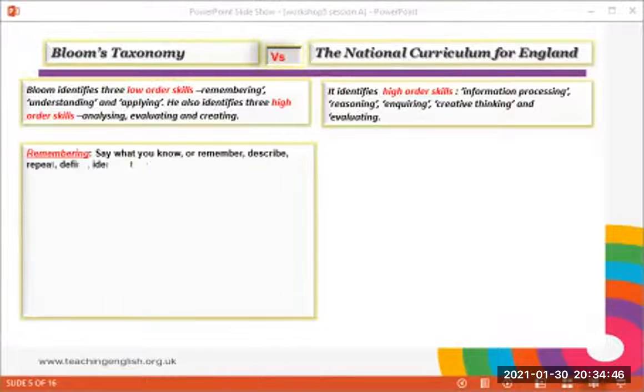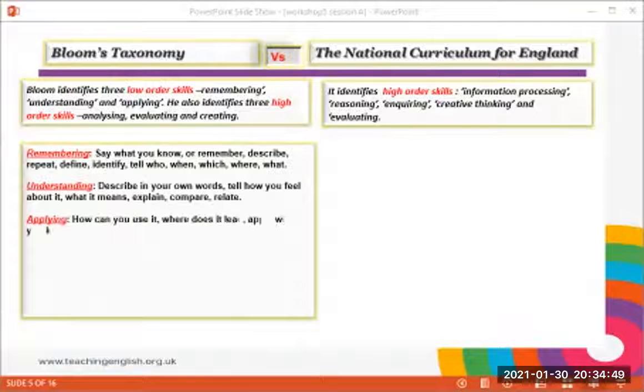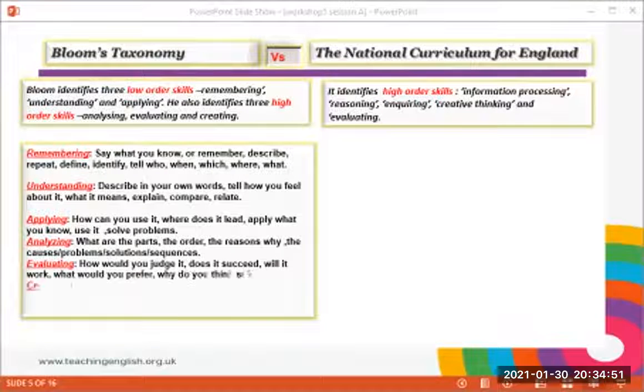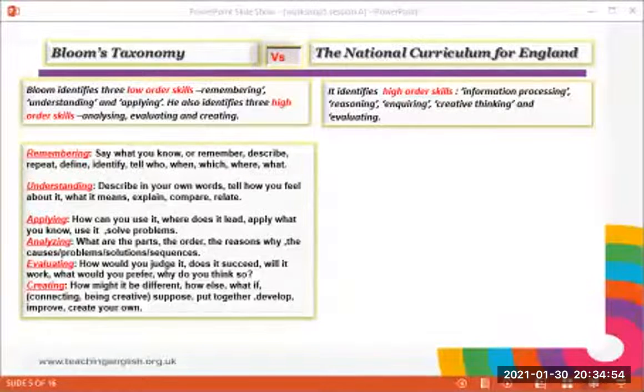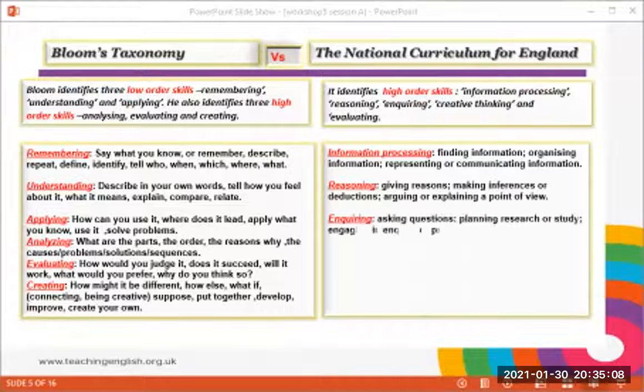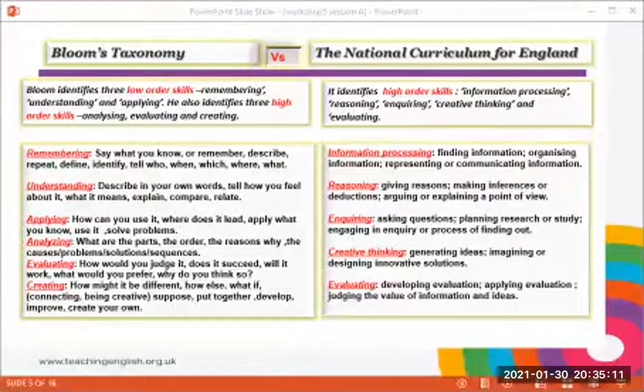Let's start with Bloom's taxonomy. Bloom's taxonomy started with remembering, understanding, applying, analyzing, evaluating, and creating. We know that you start with remembering as a low order skill, and creating is the high order skill. What about the National Curriculum for England? The National Curriculum started with information processing and ending with evaluating. And know that there is a difference between Bloom's taxonomy and the National Curriculum for England. Bloom's taxonomy started with remembering, but the National